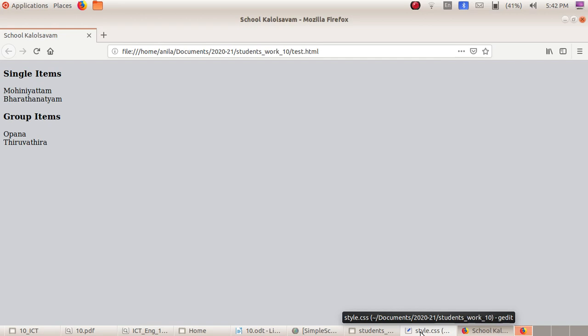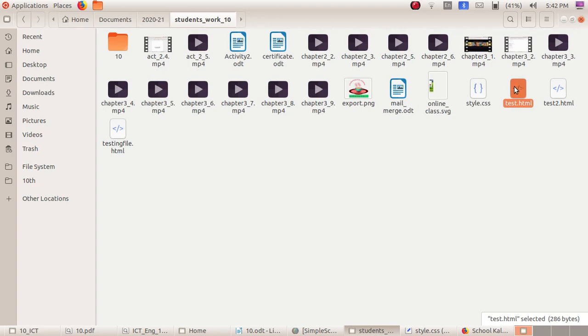Now we have two files: the style.css file and the other file, the test.html file. This is our test.html file. This is the style.css file. So for linking both the files, we want to give another code.